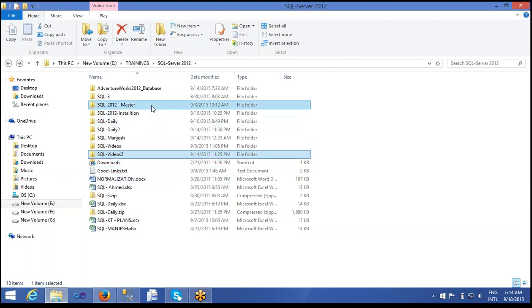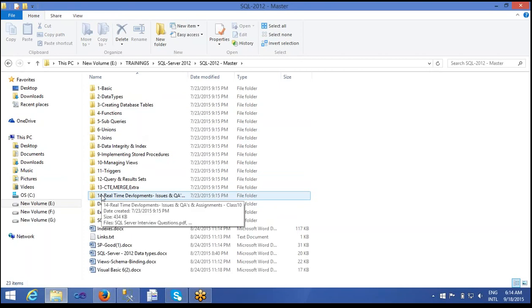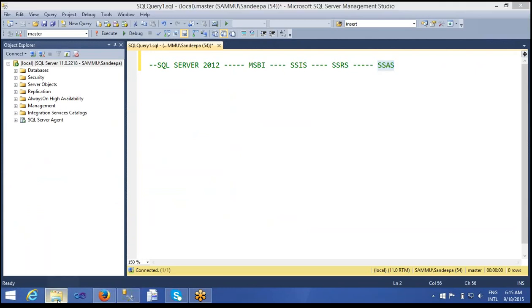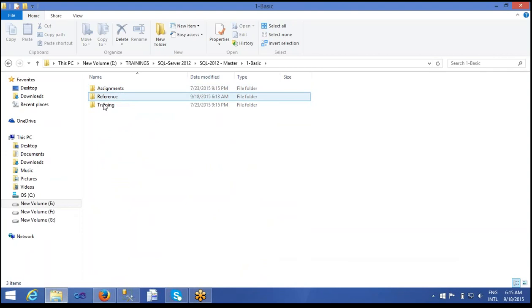So here we'll teach you at a higher level, without hurry or worry. We will give you a slow, steady pace, and we will teach you slowly from introduction to higher level, so that folks can understand easily and get to work. And also here, as I told you, there are four modules: SQL Server, SSIS, SSRS, and SSAS. All four modules consist of chapter folders like this, with higher level assignments, reference, and training.